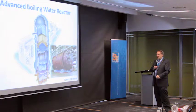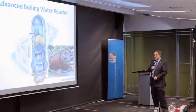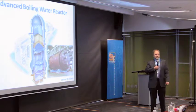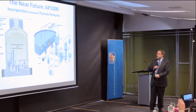But the issue that the regulators in the UK will have to get to grips with is the idea that the control rods are forced up from the bottom against gravity, whereas in a PWR they fall down from the top with gravity. Because in a PWR you don't produce steam, you have a secondary, you have a heat exchanging process. And then finally there is the AP1000,